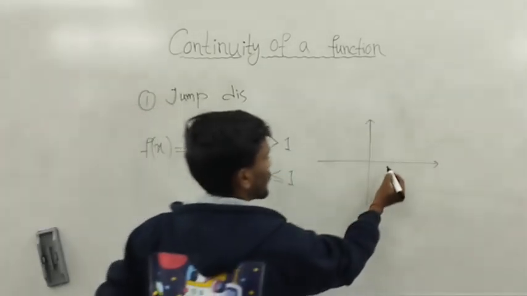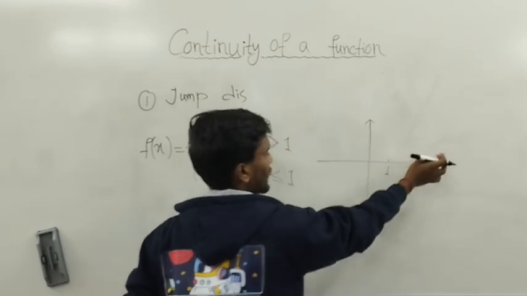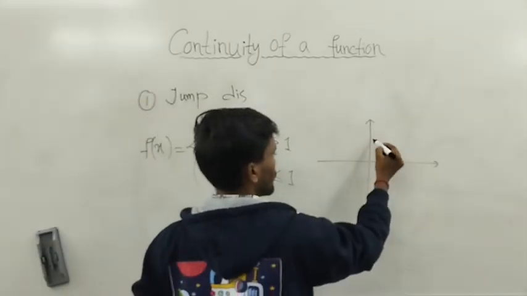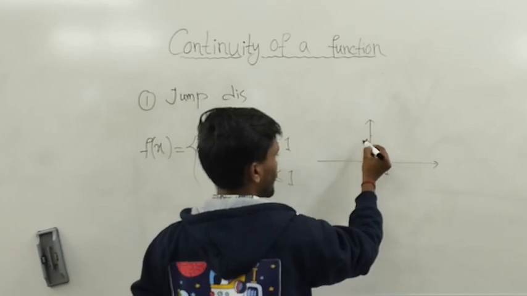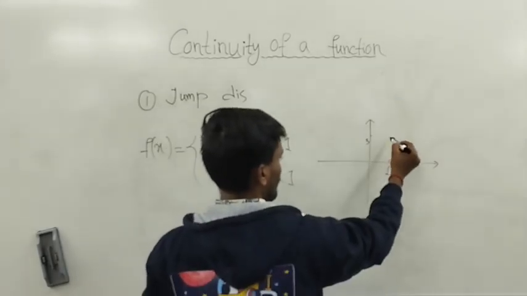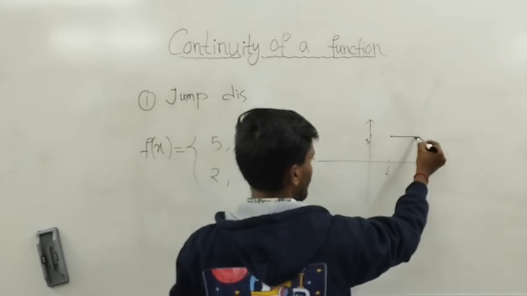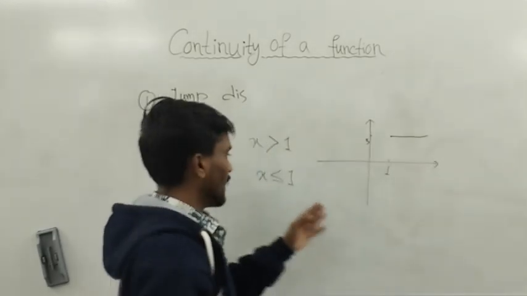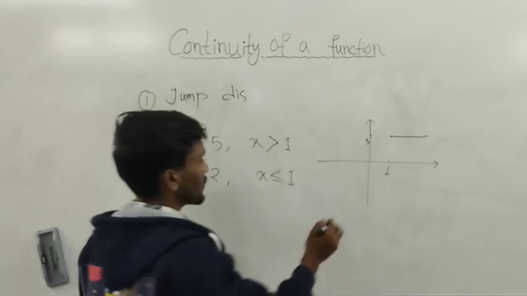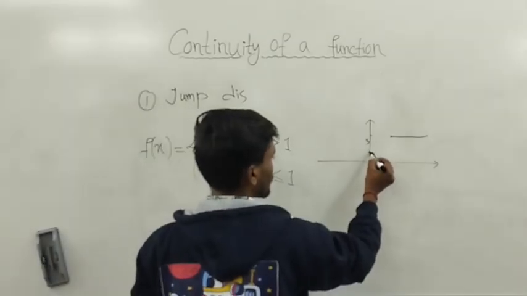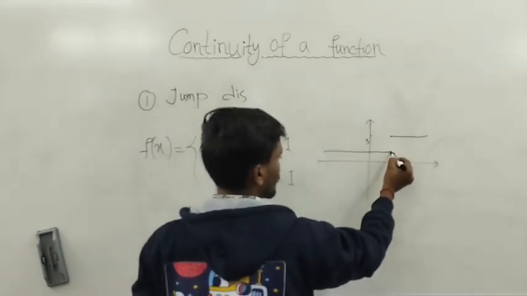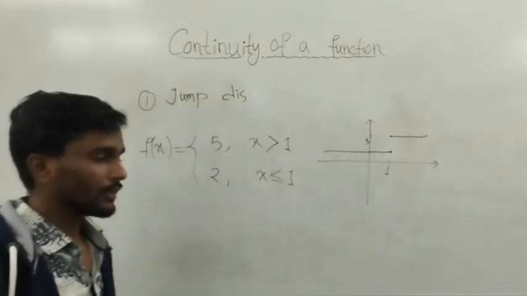When x is greater than 1, f(x) is 5. That means if I take 5 here, then after 1, f is 5, and before 1, f(x) becomes 2. So here we can observe that